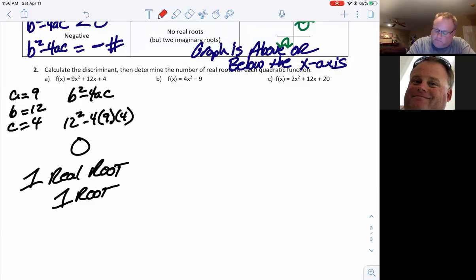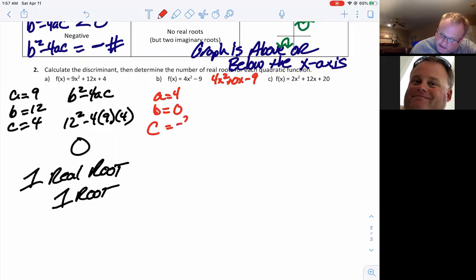4x squared minus 9. My A term is 4. My B term, well, 0. There is no linear term here. There is no B term, right? It's 4x squared minus 9. So really, this is 4x squared, right, plus 0x minus 9, okay? There is no x term here. So my B is 0. My C is negative 9,